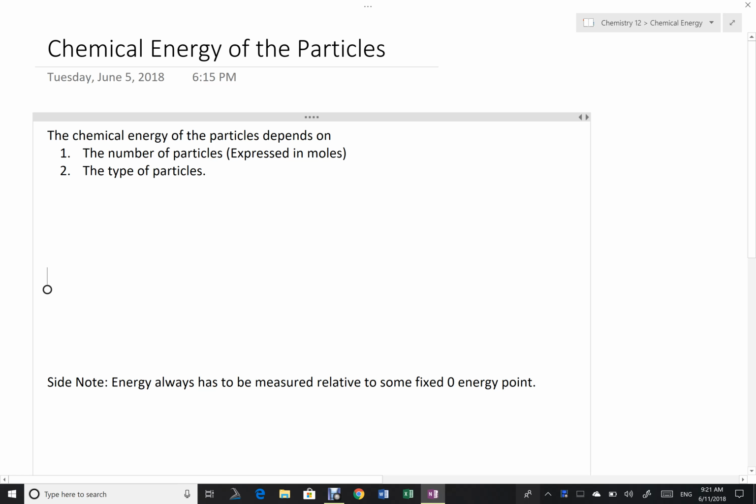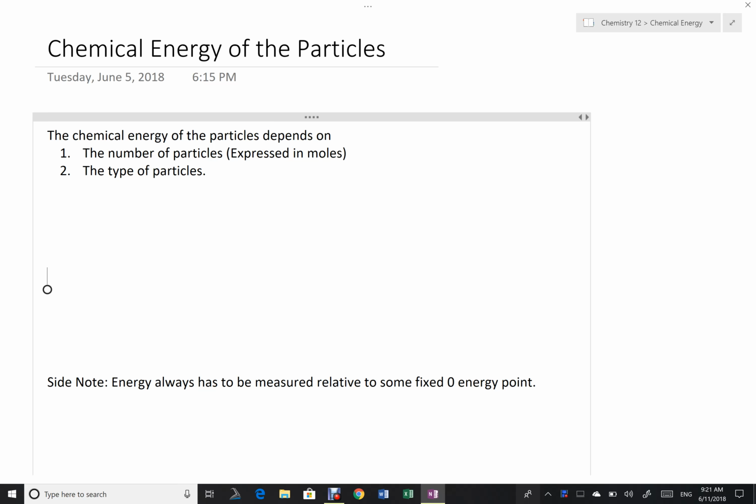Okay, so we were talking in the past couple videos about energy going into particles or coming out of particles, depending on what we're dealing with, an exothermic or an endothermic reaction. In this video, I'm going to talk about just what sort of symbols we use to express the quantitative amounts